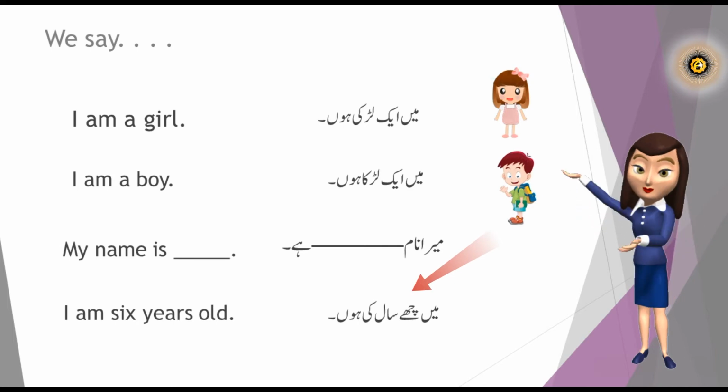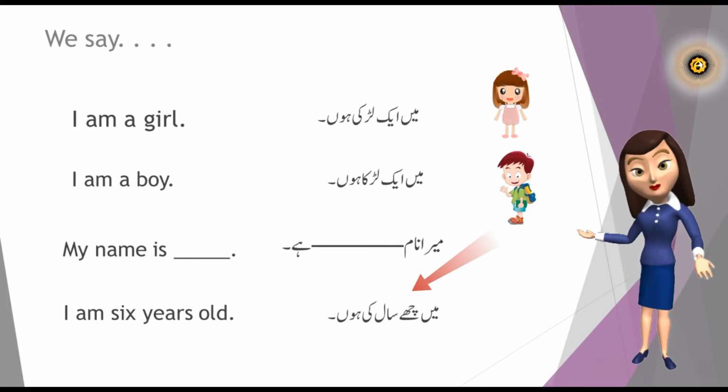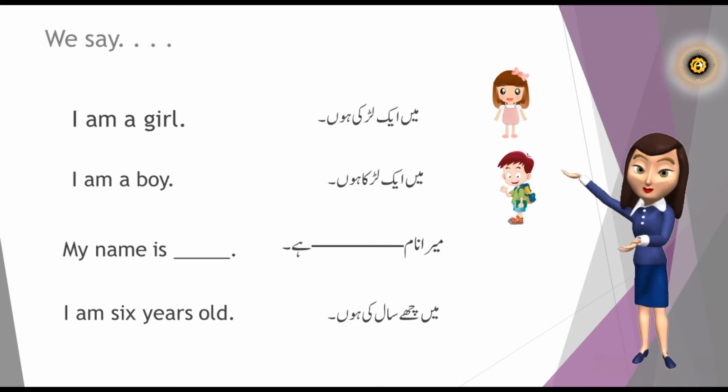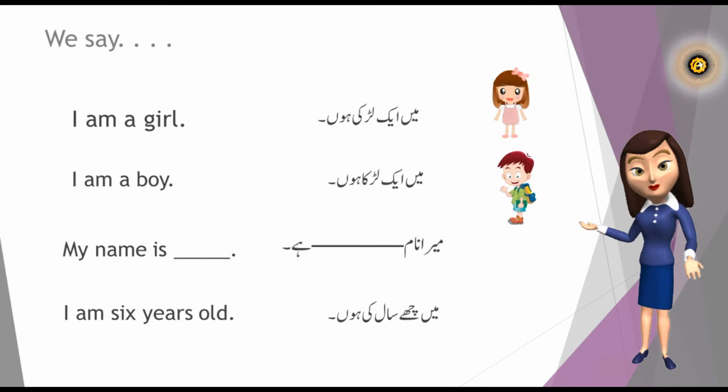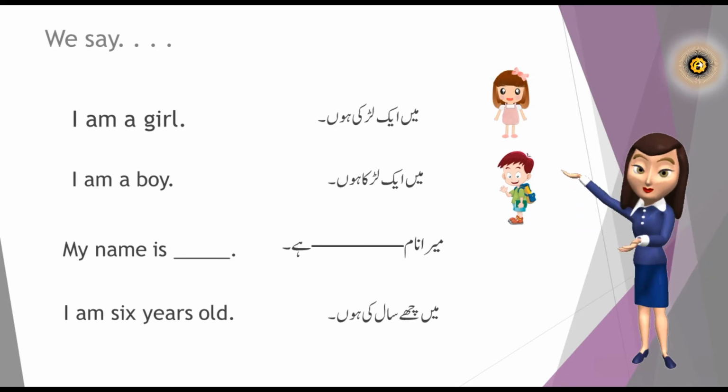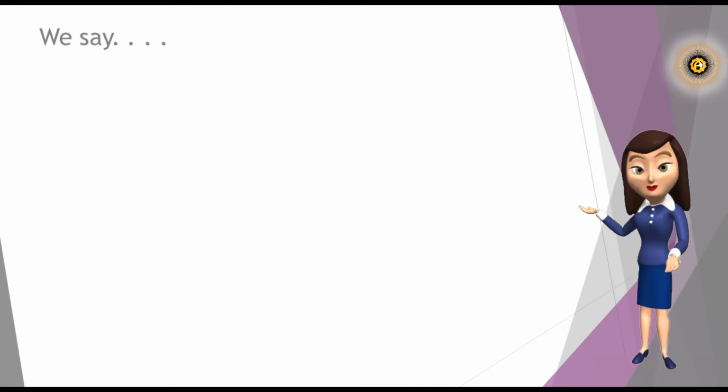So here I said "main 6 saal ki hoon" because I am a girl. So that's why I'm saying "ki hoon". If you're a boy, you're obviously going to say "main 6 saal ka hoon". Okay? Revise and repeat many times. Okay, then we say,